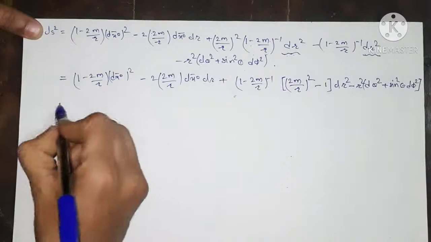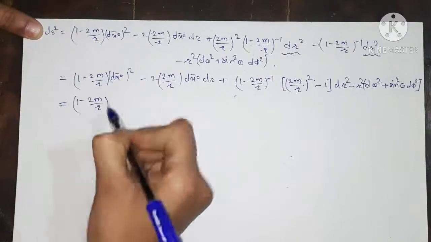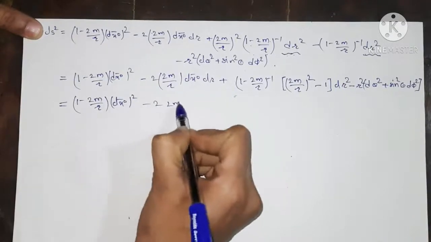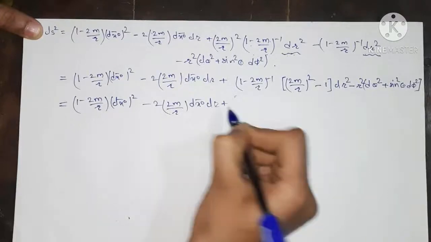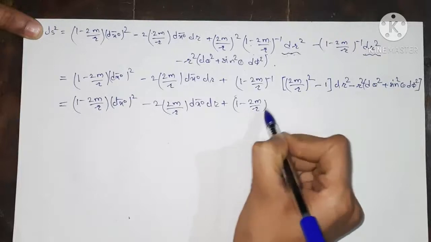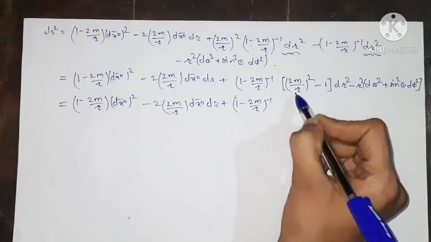Okay, now we can write this as (1 minus 2m/r) dx0 bar squared minus 2 times 2m/r dx0 bar into dr plus (1 minus 2m/r) inverse, and this can be written as, this is a square,